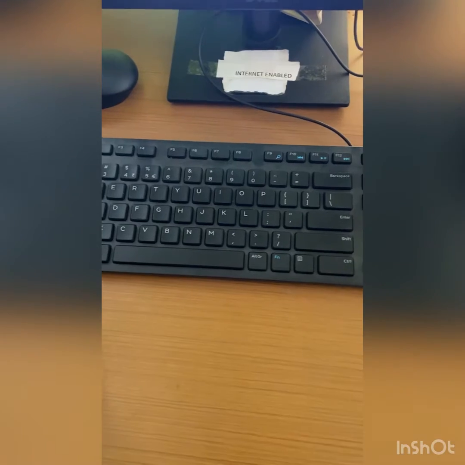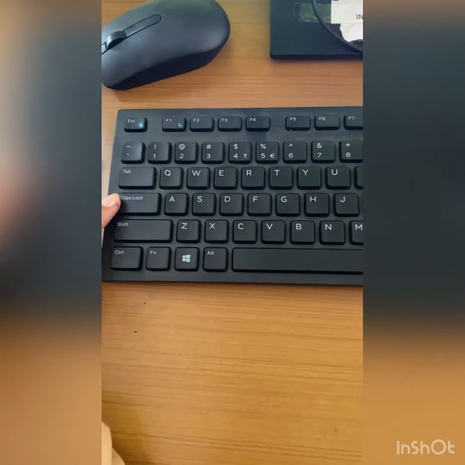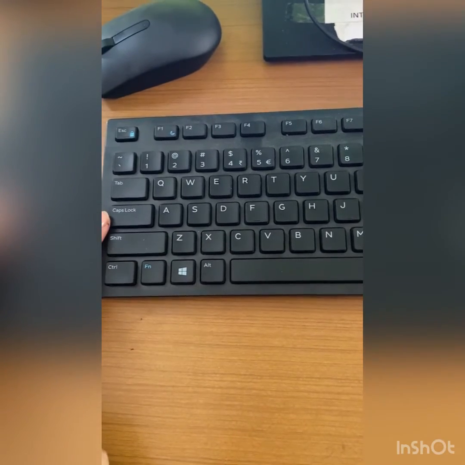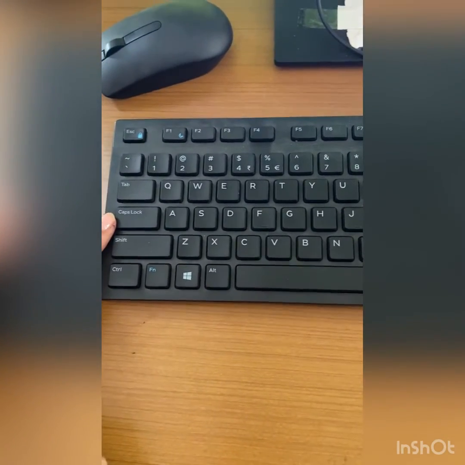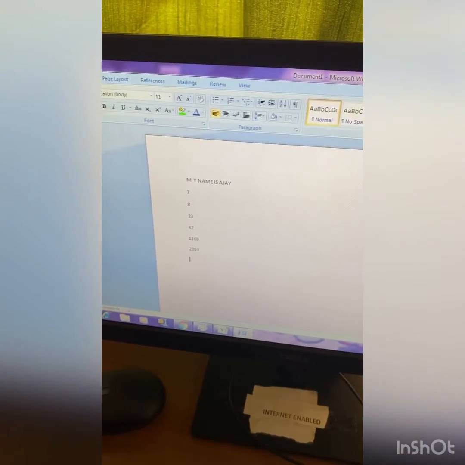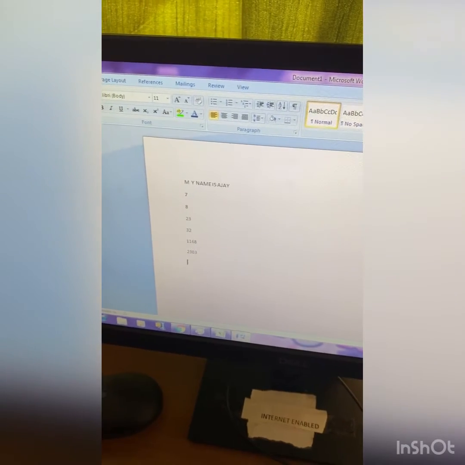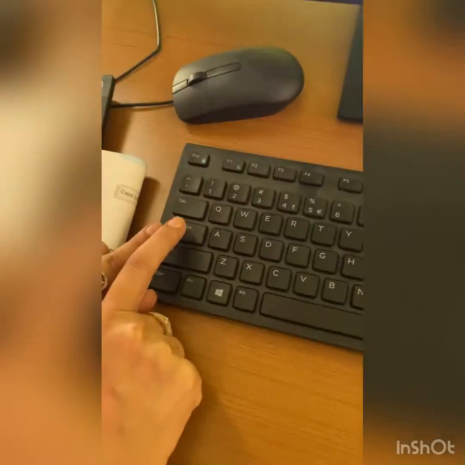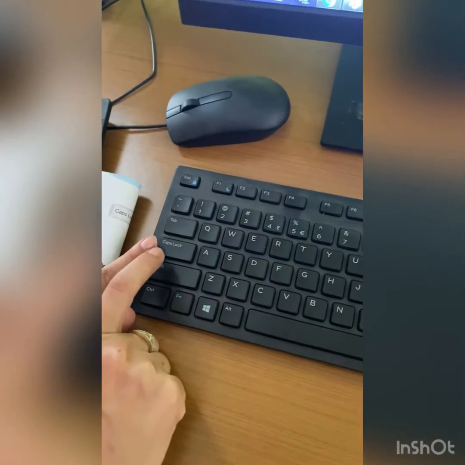Next is the caps lock key. Students, see, this is the caps lock key. The caps lock key is used to type letters in capital. Suppose you want to write something, press the caps lock key once. The light will turn on.